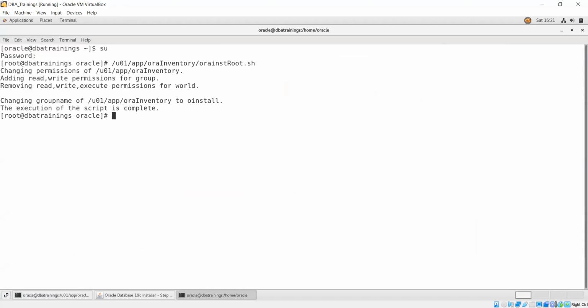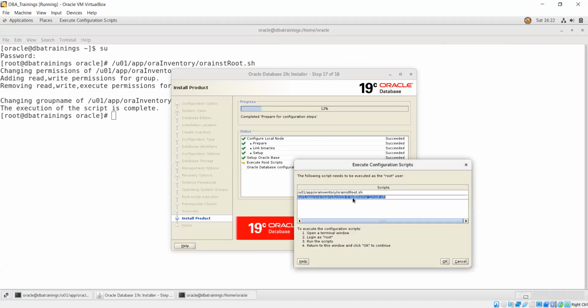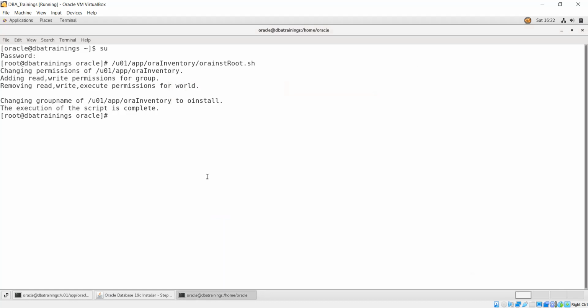So they have changed the permission and other stuff as per the rule root.sh. Of course, the other one also we need to execute, that will ask me about the permission for the path and other things.